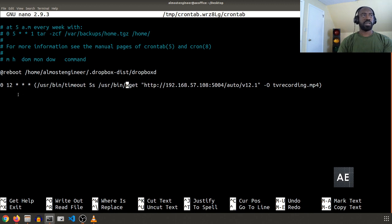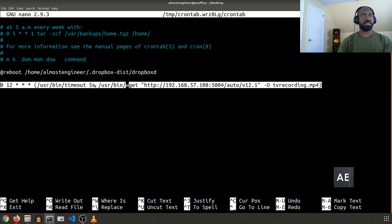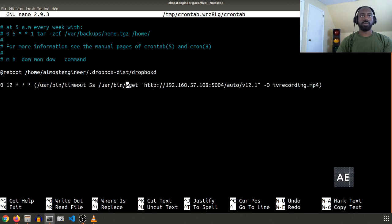/usr/bin/wget. And so to explain it in full detail now, you also want to put this output file wherever you want it to go. Give the full path. Desktop/mp4. Okay, so to run through the full details of this particular cron job,